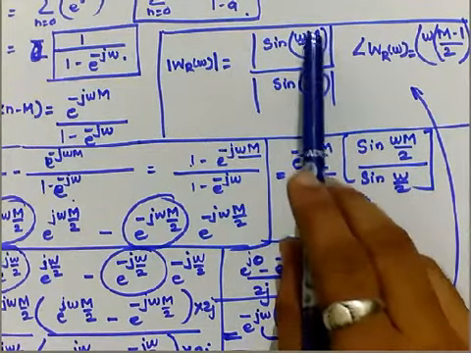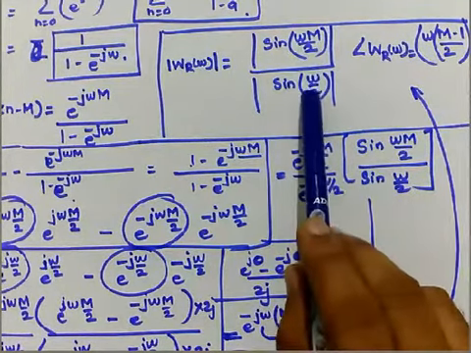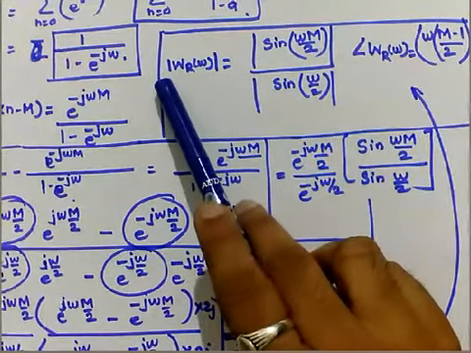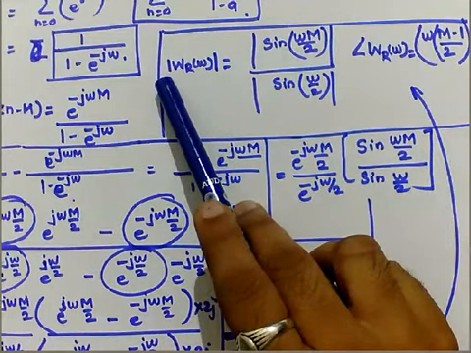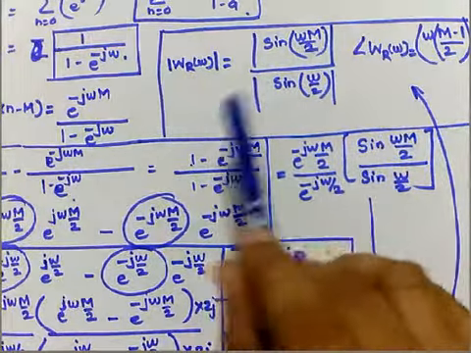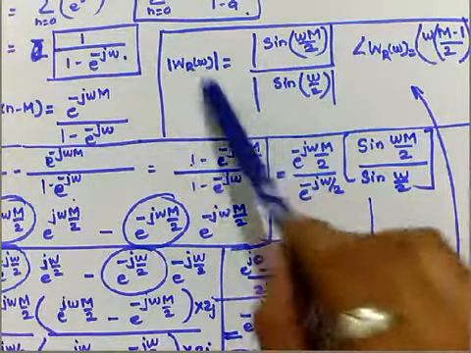So you just vary the value of omega from 0 to pi or minus pi to plus pi and cross check what exactly the magnitude you are getting. It will be better if you vary the values from 0 to pi, so that you will get the causal approach for the filter design.